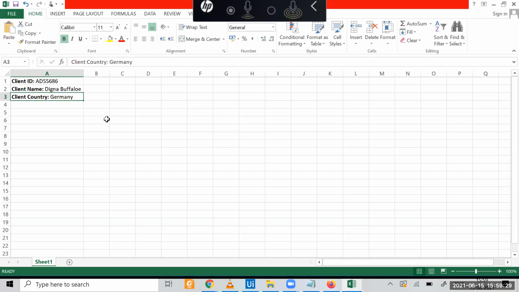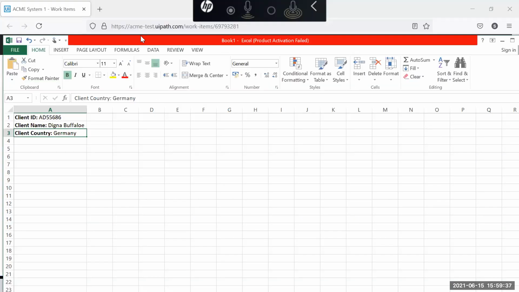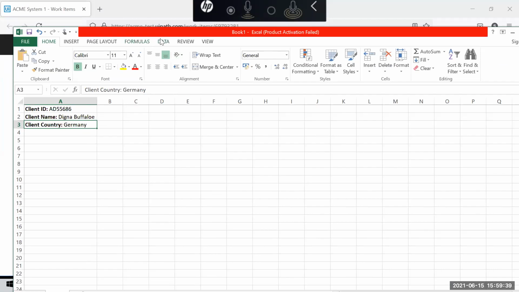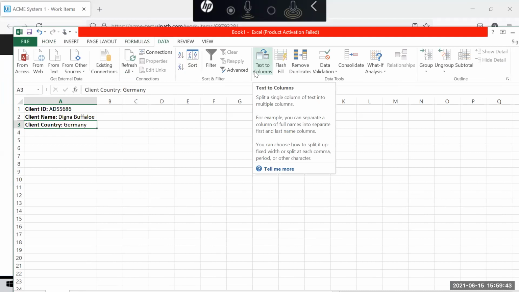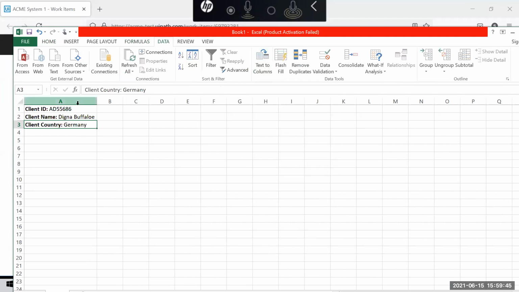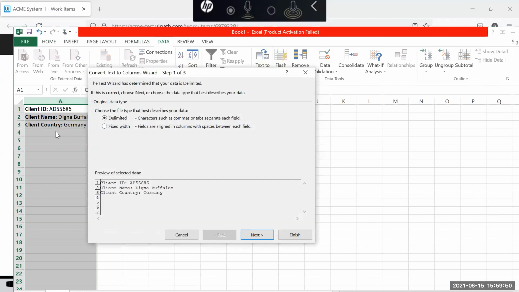Yes, sir. Now there is something in our Excel file. If you go to Data, there is something called text to column conversion. If I choose this and click text to column, it will ask how the column is separated. This column is delimited. I have told you that in CSV, comma is a delimiter, comma separated value.